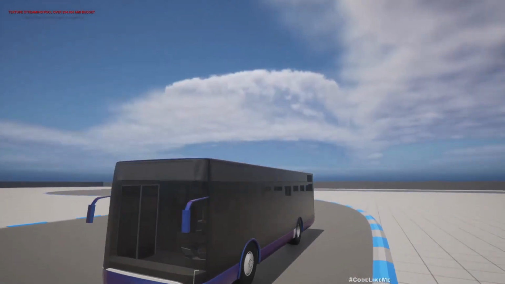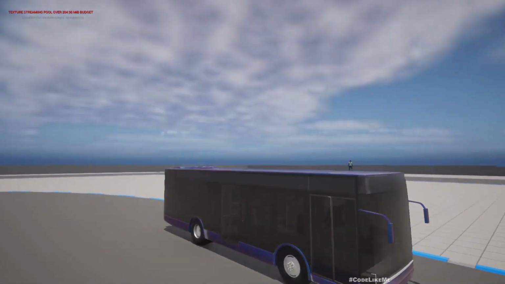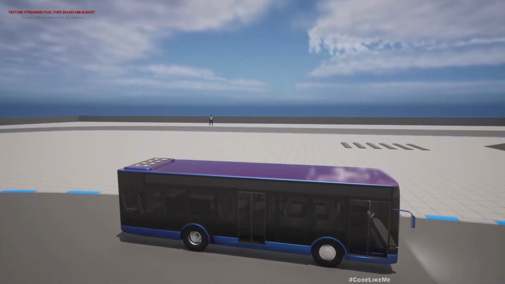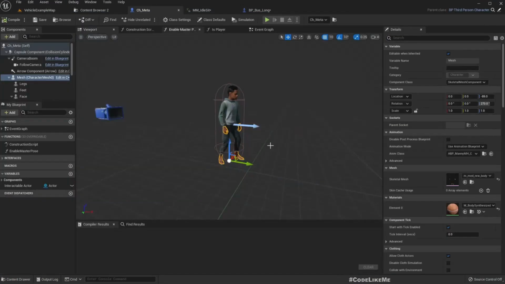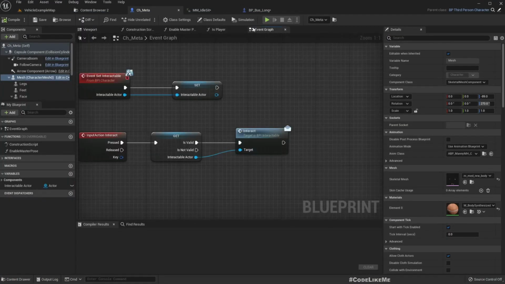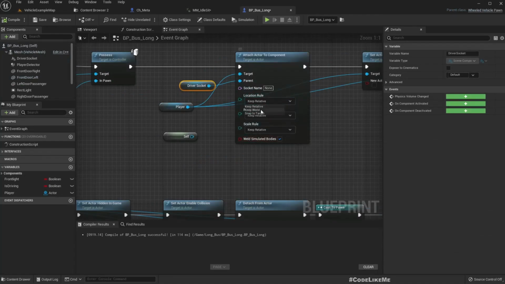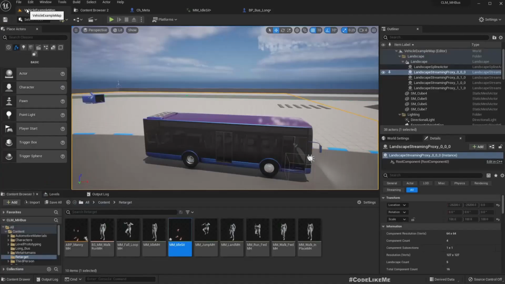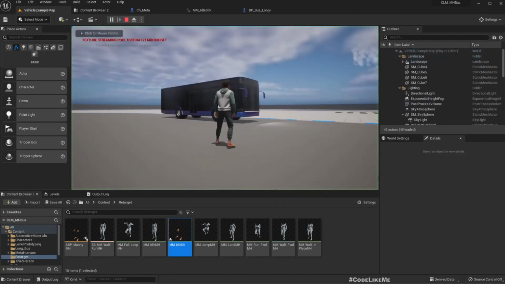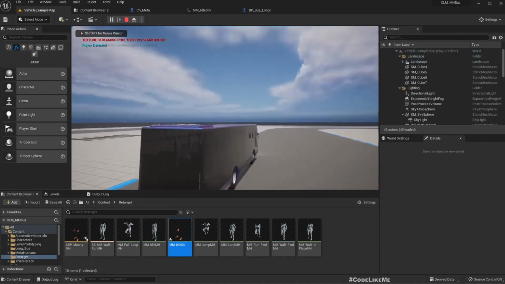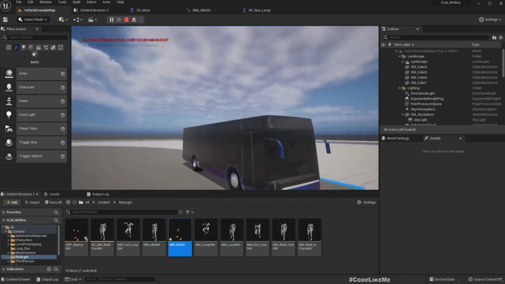Okay, where's the driver? Oh, driver is over there. Okay, sorry, I forgot about setting the space or the location when the attach happens. So here, location rule snap to target. This one also snap to target. Scale keep world. Now it should work. Let's see. Yeah, now the character is there,